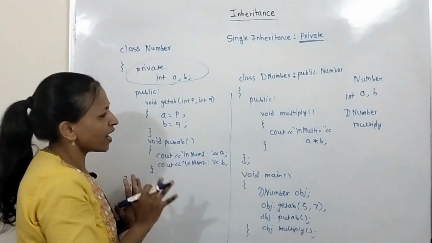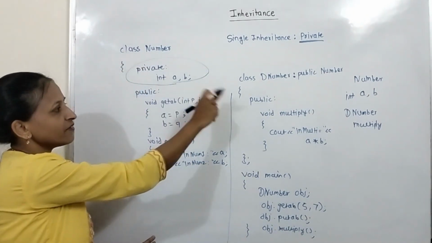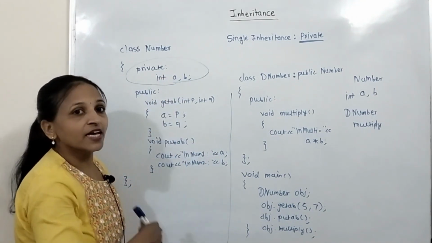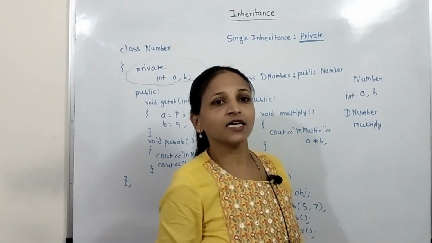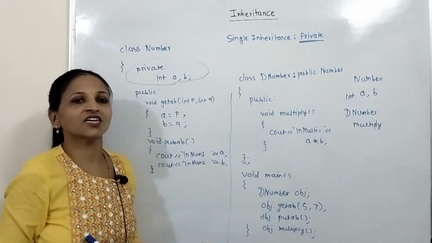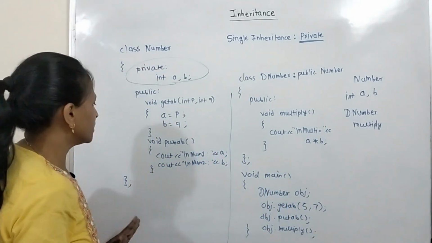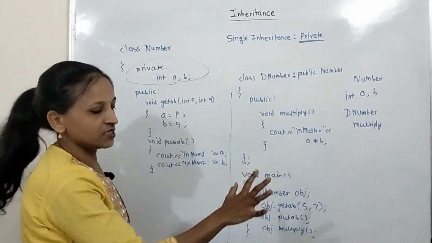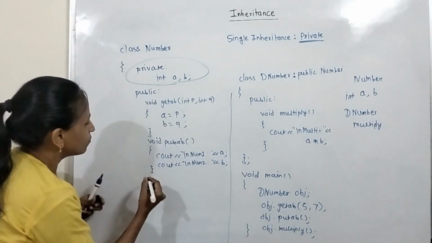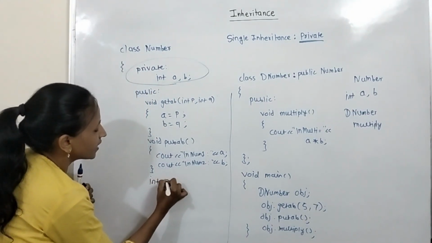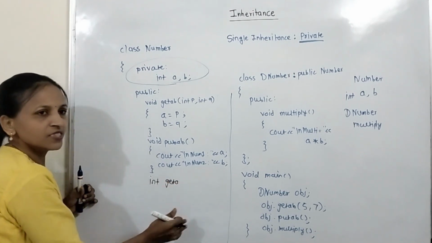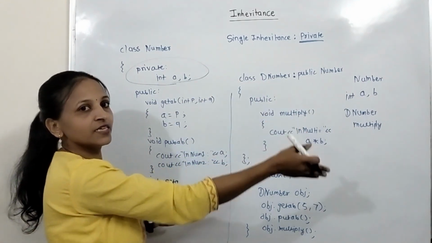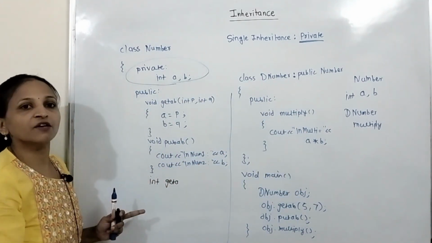But I want to handle this. Whether it may be private, I just want to access it here. Then you know that private data of a class we can access outside that class with the help of member functions. That part we will use here. We have to write two additional member functions here to achieve this. How? Simple. Here we have to write int get a. Suppose get a means return a. I have to just return the value of a from this function outside that class with the help of a member function.